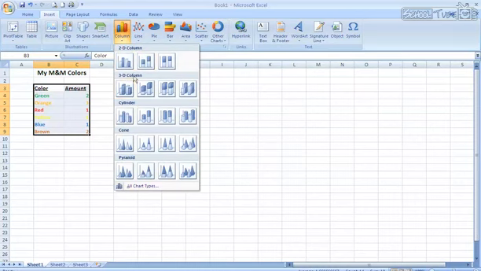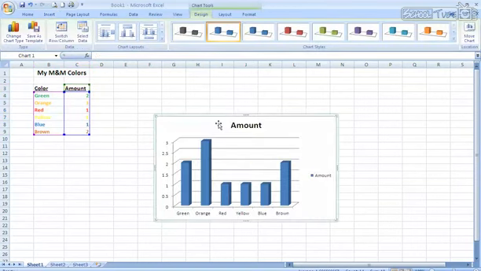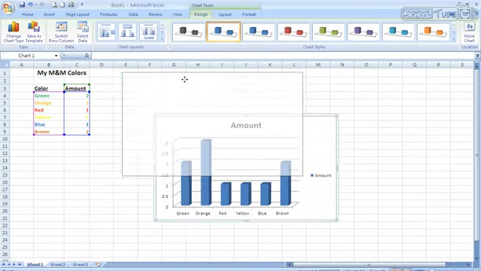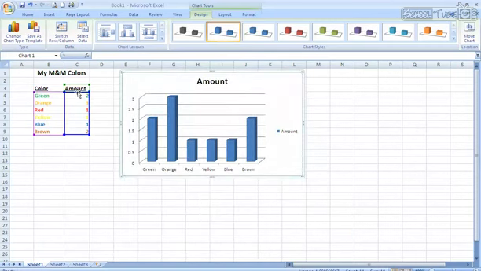I'm going to go with a 3D column chart, and I'm going to go ahead and create my 3D column chart just like that. Now notice that I also did the column and the amount and the color. We'll want to change this in just a minute, but first thing we're going to do is